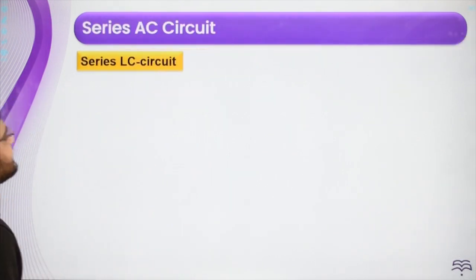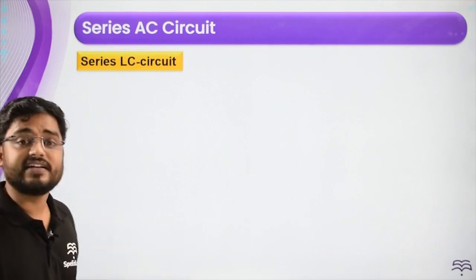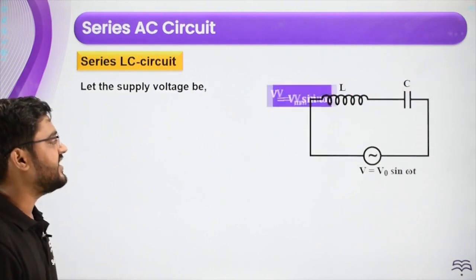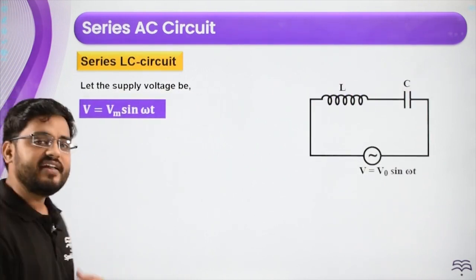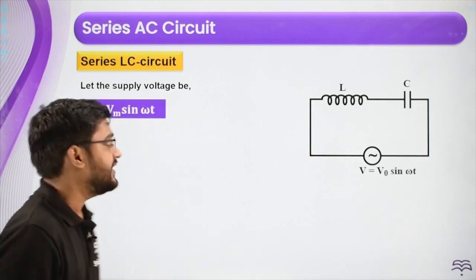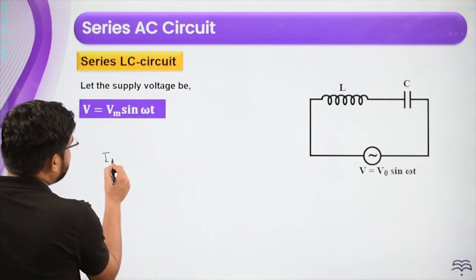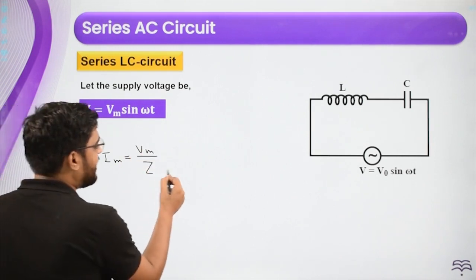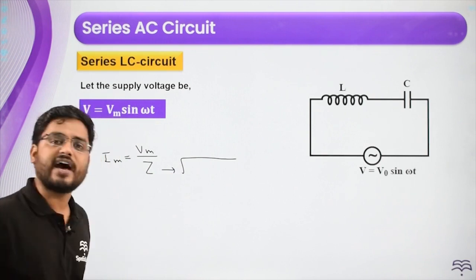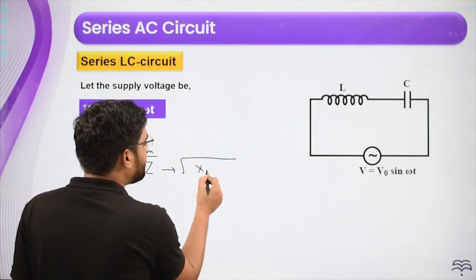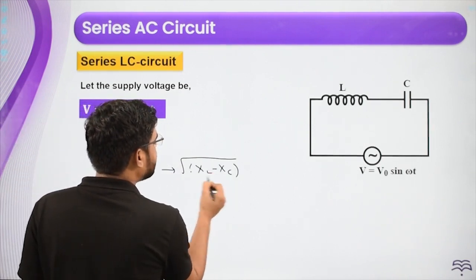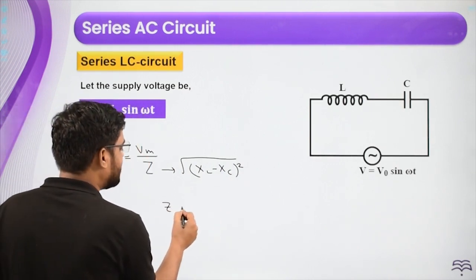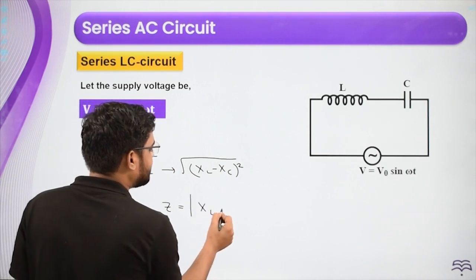Next circuit is the series LC circuit. Now there is no resistance, there is only an inductor and a capacitor which are connected. Again V is that. The idea is again to find Im and phi. How much is Im? Im is always Vm by Z. The Z this time is under root R square, but R is 0, so don't put it there. It is XL minus XC whole square, so it becomes the magnitude of XL minus XC. You can write Z is nothing but mod of XL minus XC.